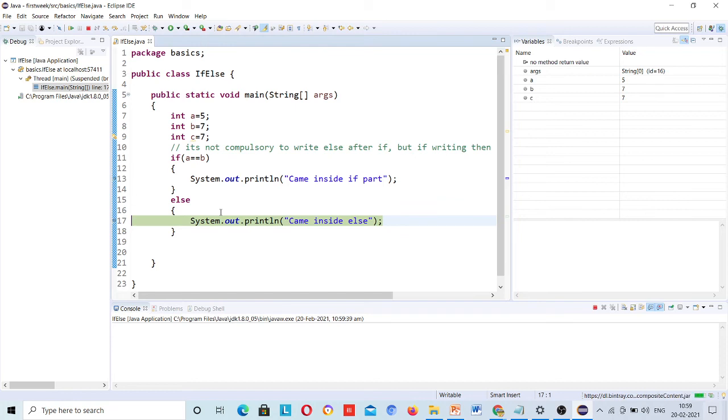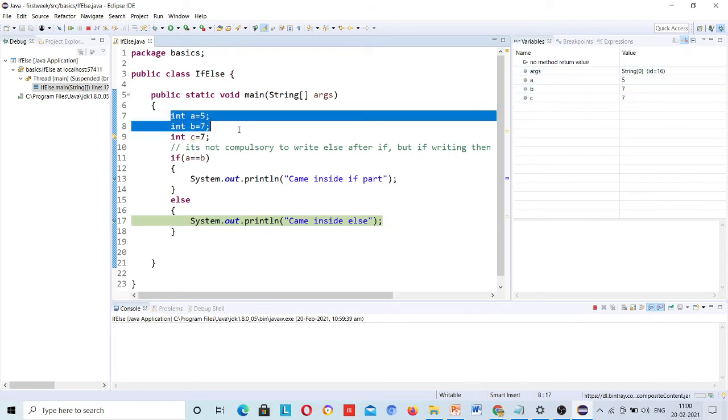So you should know that we have a debugger, and we can debug the code step by step. So these values are coming here: a is equal to 5, b is equal to 7, c is equal to 7. This is not coming here, I have declared it here, that's why it's coming.